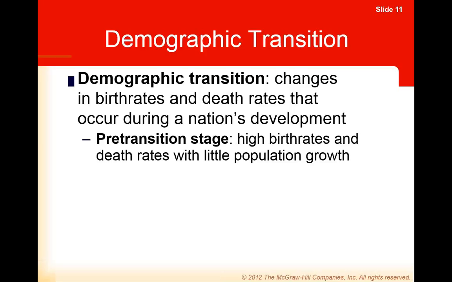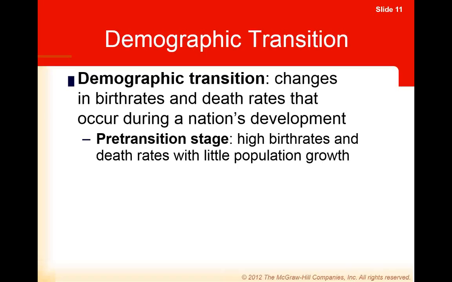But owing to, and we'll go through the stages here in a second, what's referred to as culture lag, birth rates don't instantly drop when death rates drop. Culture lag is the period of adjustment where your non-material culture, your behaviors, your values, your attitudes, and your beliefs, but here we're focusing specifically on the behavior of reproduction, has not adjusted to new material conditions. So we still have high birth rates, but we have low death rates. And so this is when we actually see